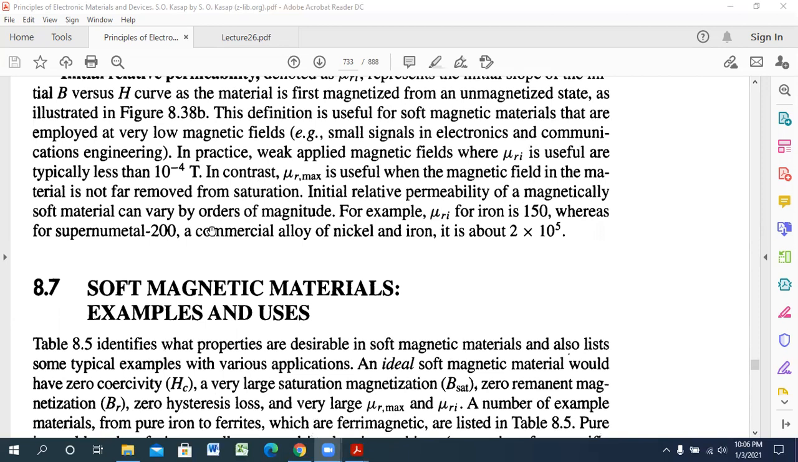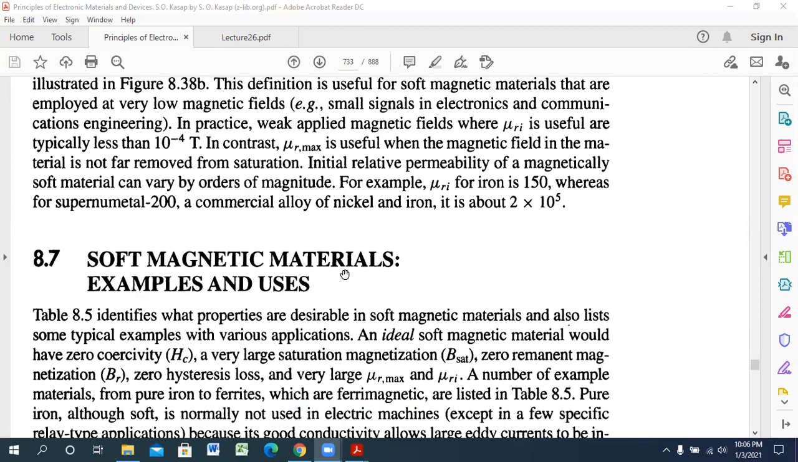Now move to article number 8.7. This article is not very theoretical. That one is application based: the soft magnetic materials, examples and the uses. From our previous sections, we have learned which one is known as the soft magnetic materials and which one is the hard magnetic materials, and the difference between them. So, in this case, we will learn the examples of